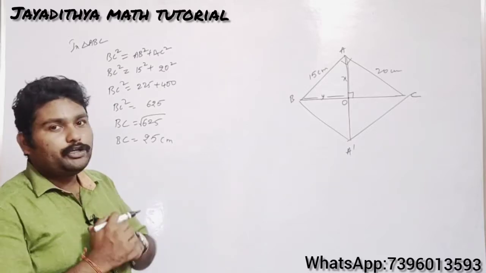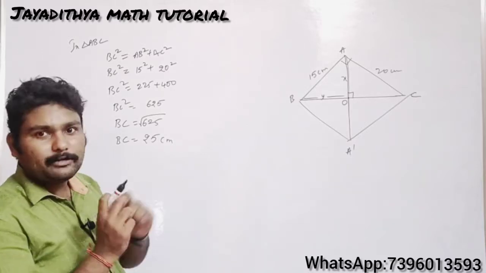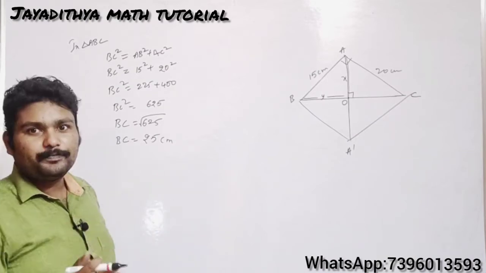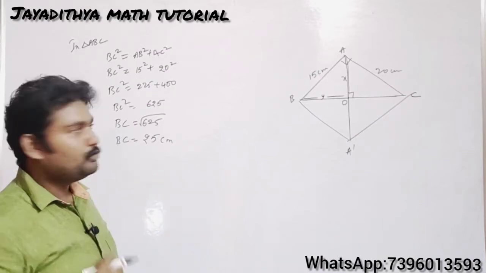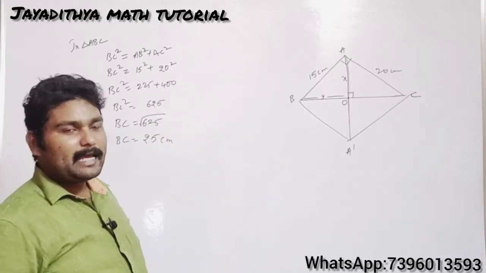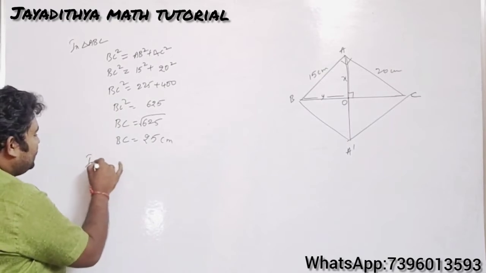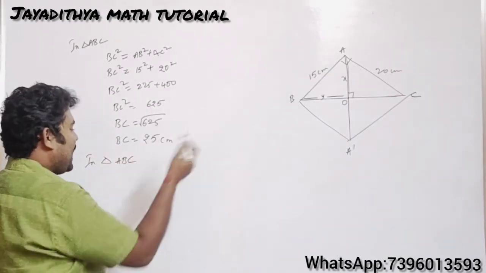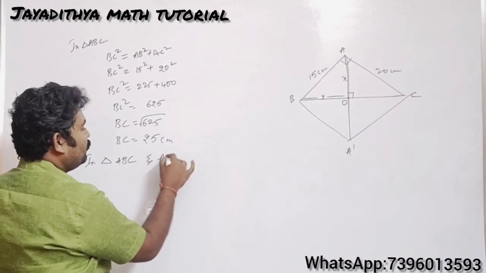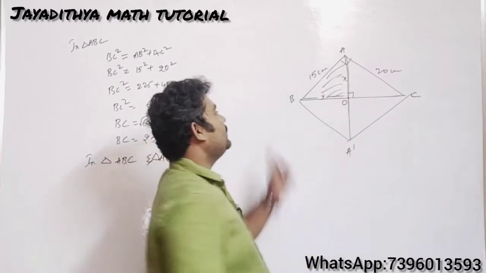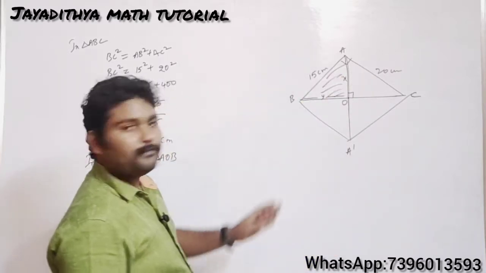Now what you are going to do is you need to show two triangles are similar. For that reason what I am doing here, you observe, already we have done this part in our similar triangles only. So observe once again. So what I am taking here is in triangle ABC, the bigger triangle ABC, and other triangle AOB. I am taking a smaller triangle, this part AOB, and I am taking a bigger triangle ABC.